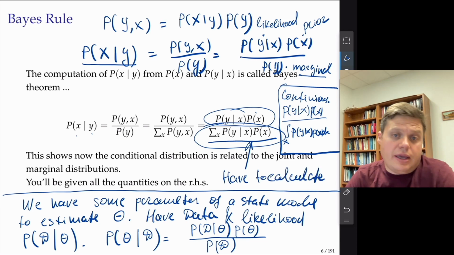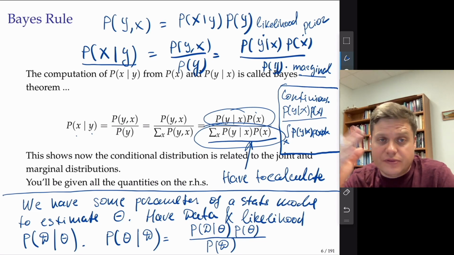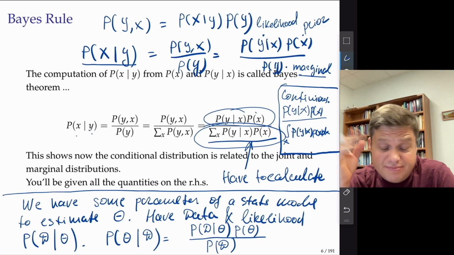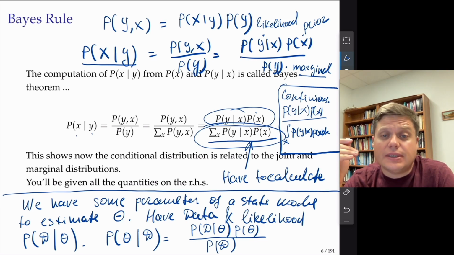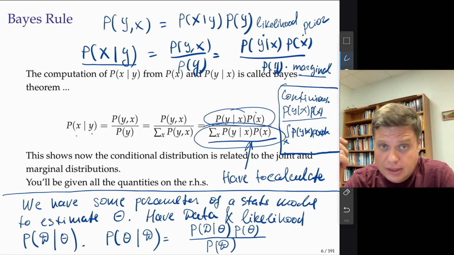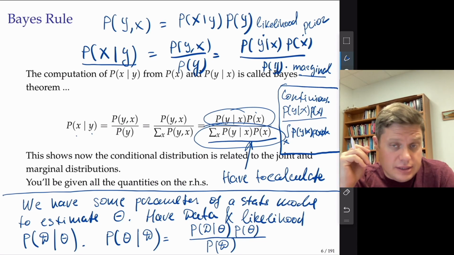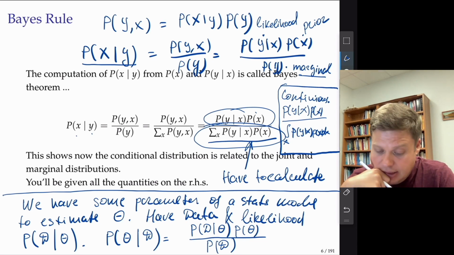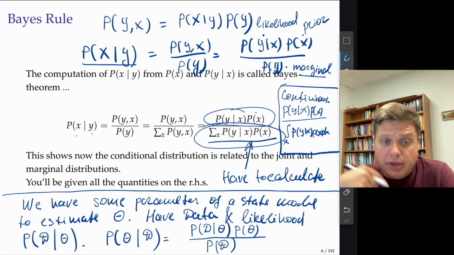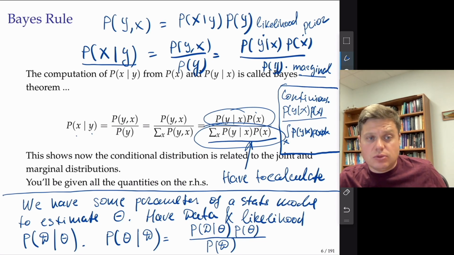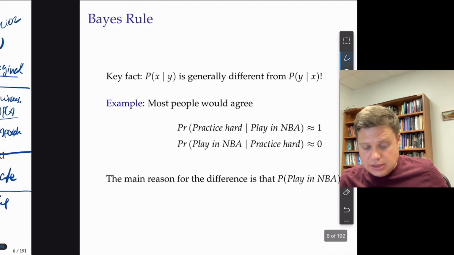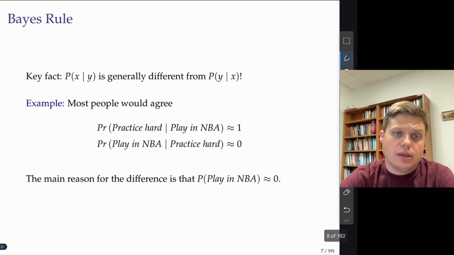And again, jumping a little bit ahead, when you have a countable, small number of possible values of y and x, calculating the marginal is easy. However, when the number of possible values of y and x is large, when they're continuous, this integral is not necessarily an easy integral to calculate, and then you might have to do some numerical approximations to this integral, and that's what these Markov chain Monte Carlo techniques are going to do for us. All right, but let's look at the demonstration of the Bayes rule.